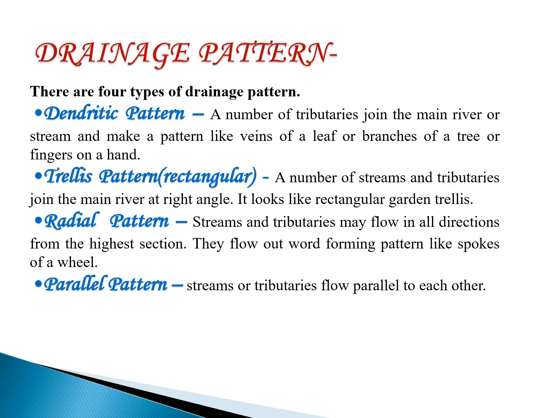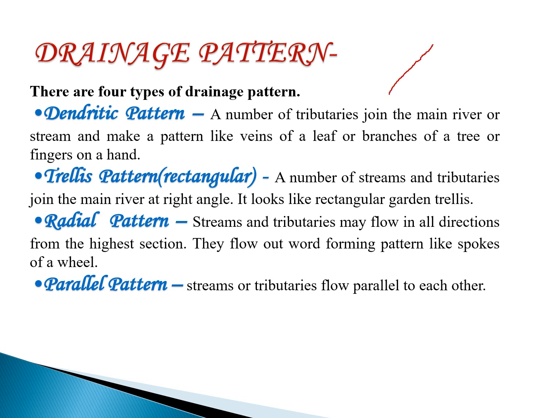Next comes your drainage pattern. So on a map you have to just see what type of pattern is seen and you have to write. The patterns are dendritic, trellis, radial and parallel drainage pattern. Dendritic is mainly about the streams and their branches. Okay, so what pattern do they make when the small streams join the main river.